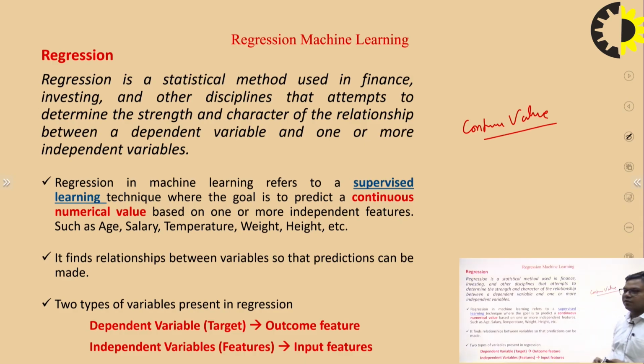For example, if I have a data set of weather forecasting, which contains the data related to the weather in terms of degree centigrade or degree Fahrenheit, the temperature of a particular date at a particular time is 32 degrees centigrade, and the next day the temperature was 35 degrees centigrade, next day 33 degrees centigrade, next day 31